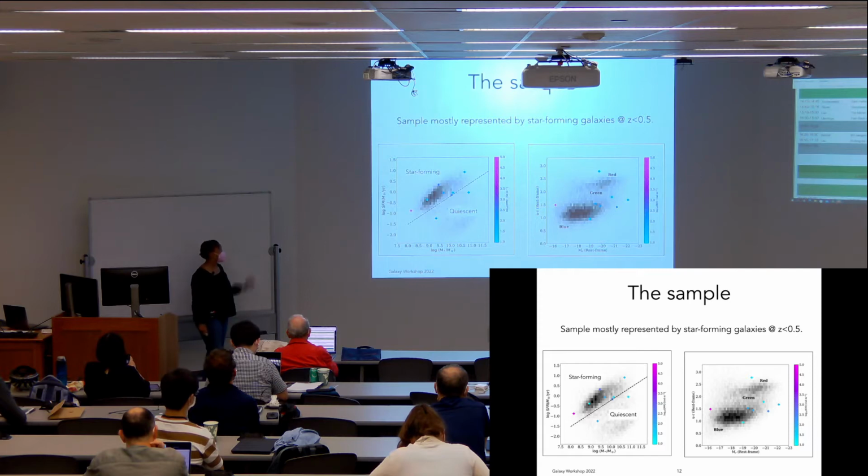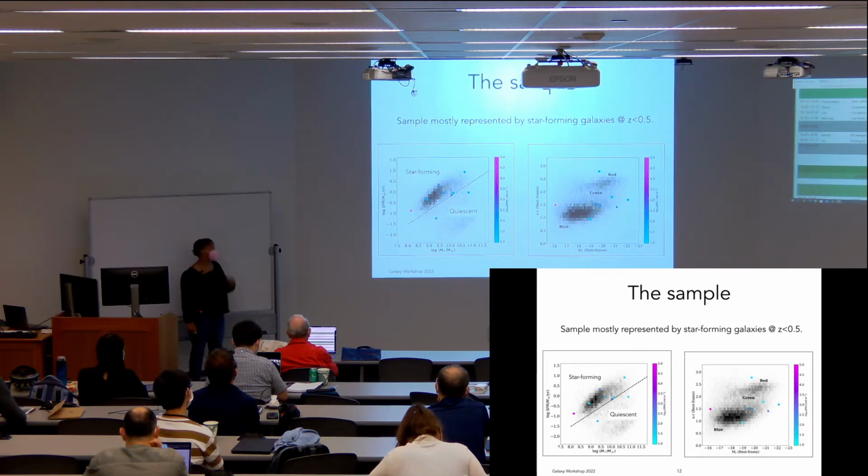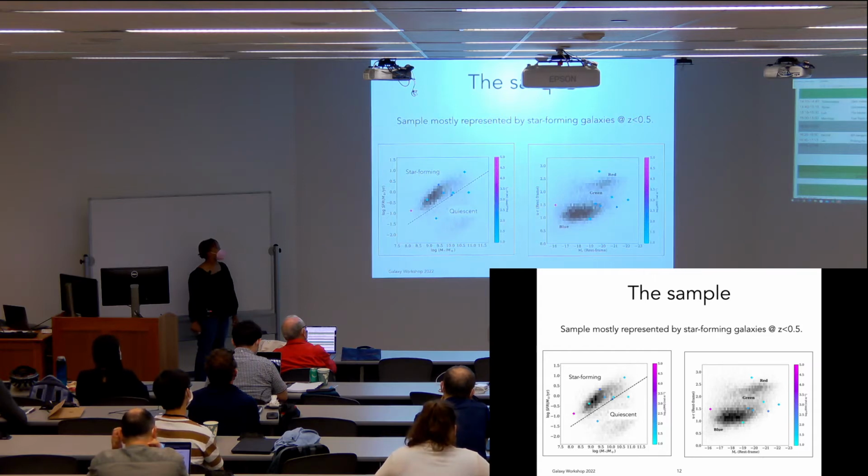So here are some plots that describe our sample. We have mass and star formation rate, and then a color magnitude diagram over here. This sample is mostly represented by star-forming galaxies. Some are transitioning, and then two are in this quiescent cloud. The gray and blackish that you see in the background is a 2D histogram of hosts in the PREMIS survey. And over here as well, some are in this blue cloud, some are in the green valley, and then one squarely in that red cloud up there, so quiescent.